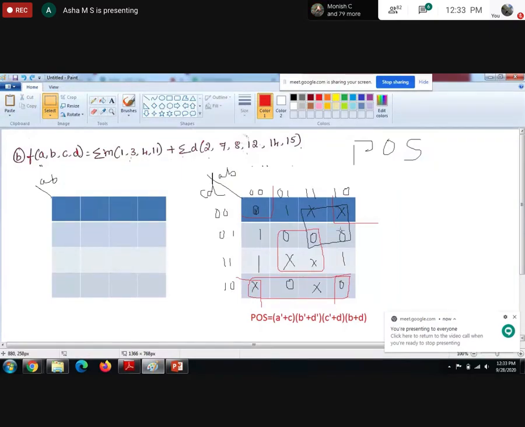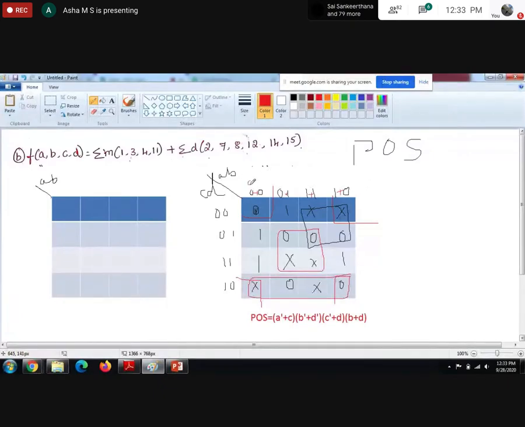See, grouping is done, right? So here we are going to write the max term. Max term is like 0 plus 0, 0 plus 1, 1 plus 1, 1 plus 0. So you people will get confused. That's the reason I didn't write these terms. Instead, you write 0 0, 0 1, 1 1, 1 0 only.